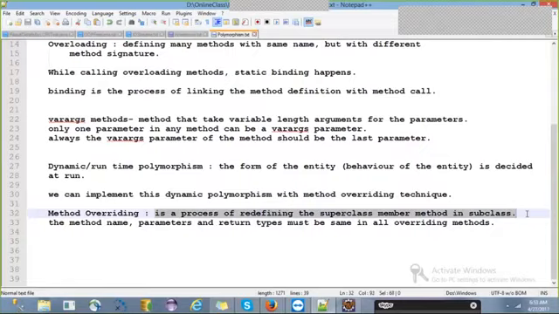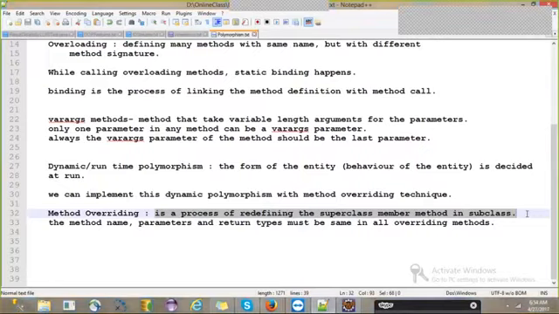In method overriding, we will be rewriting or redefining the superclass member method in subclass. The same method would be presented in parent class and child class, superclass and subclass.